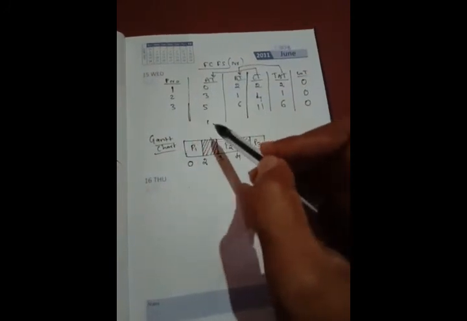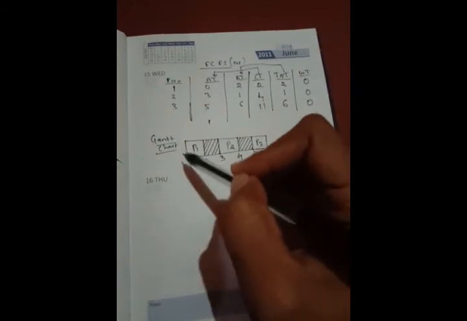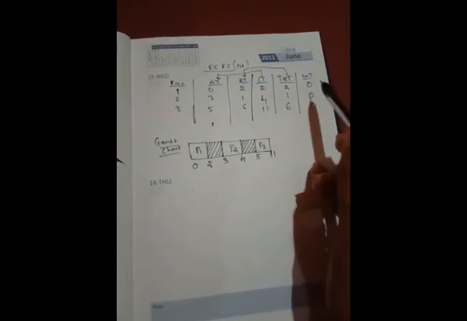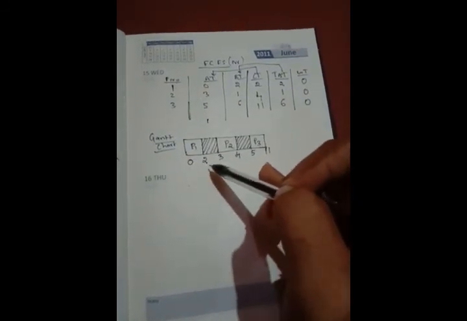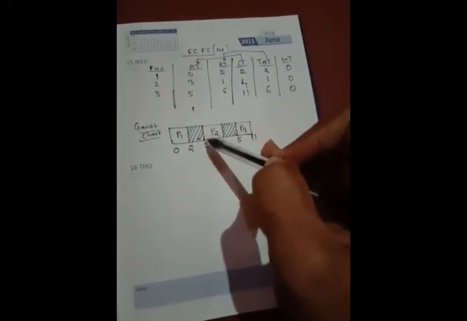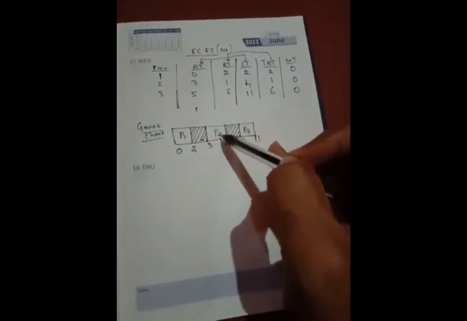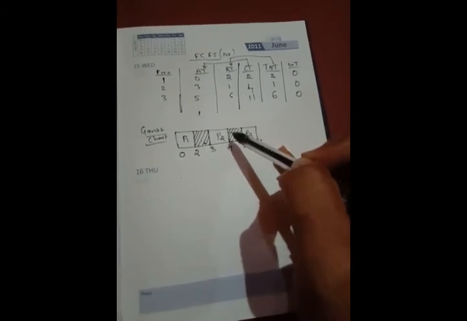Based on what is given in the question, you can construct the Gantt chart. Once you construct the Gantt chart, you can fill up the rest of the details, and you can check whether the answer, or the waiting time you have received, is correct or not. So at what time did P1 arrive? At 0. And it finished at 2. At what time did P2 arrive? At 3. Now obviously the CPU was free, so it was directly given to P2 for the execution.